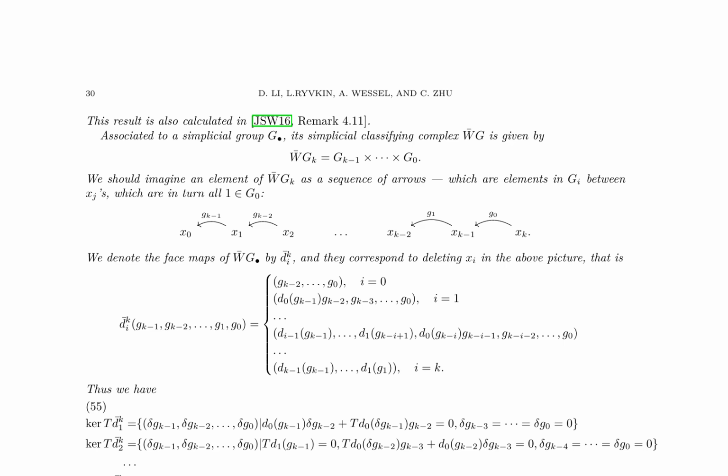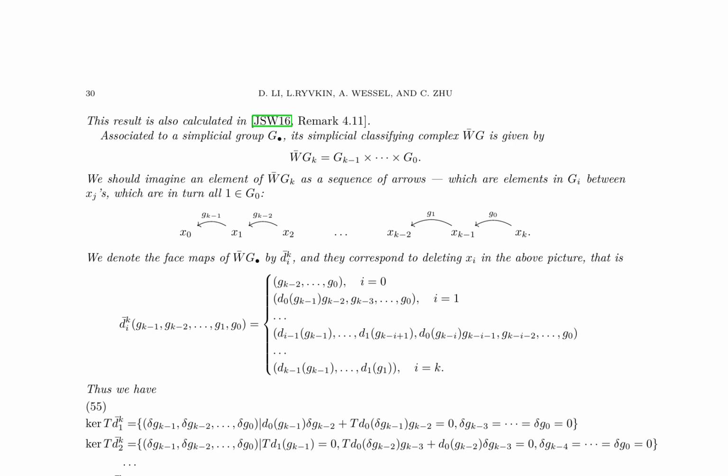The calculation of the tangent object for a simplicial group G is examined, with a focus on its simplicial classifying complex WG. The face maps of WG, denoted d_i^k, correspond to deleting an element x_i in the sequence of arrows representing the simplicial classifying complex. The kernel of the tangent map Td_i^k is then characterized, with particular emphasis on ker Td_1^k, ker Td_2^k, and ker Td_k^k. To compute ker T p_0^k, the intersection of all kernels of Td_i^k for i = 1 to k, it is